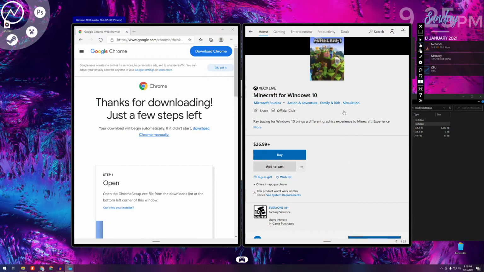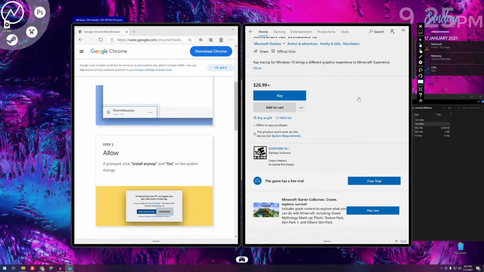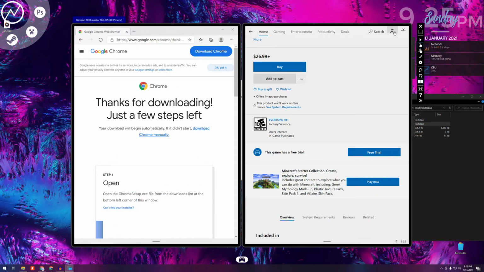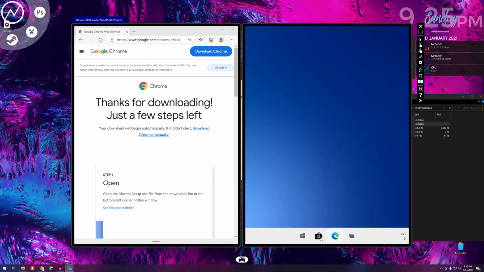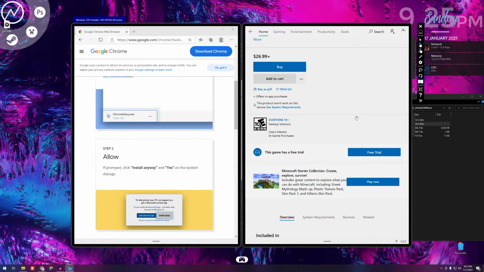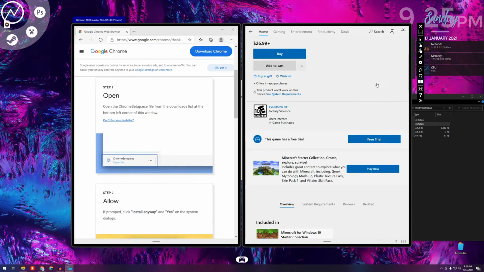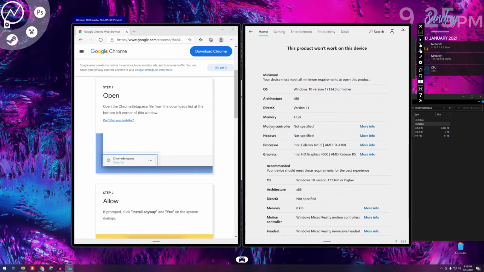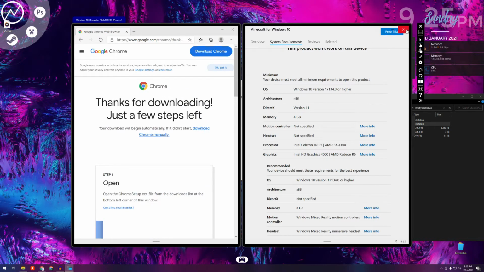Yeah, so it would seem like this emulator is very, very buggy. Like every time I try to sign in, it just crashes. So okay, this is interesting. This product won't work on your device. Yeah, okay. Well, I mean, I guess that makes sense. They just aren't supporting Windows 10X yet. Obviously not many things will, if anything, but